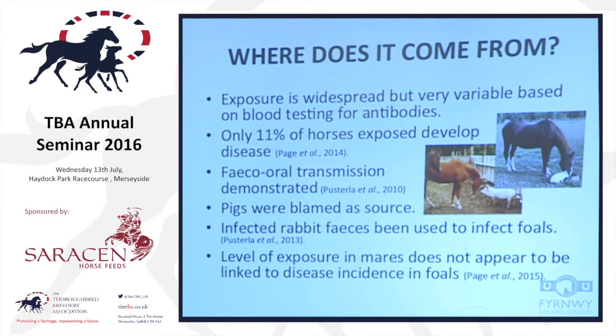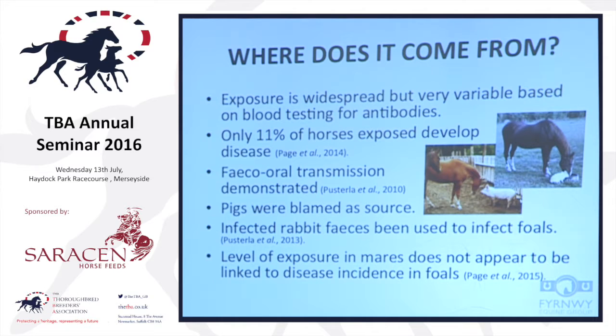So where does it come from? It's a disease we know very little about. There's an equivalent disease in pigs called porcine proliferative enteropathy. And we know a bit about that, so we basically extrapolated things, certainly initially. It's very widespread, so horses all over the place have antibodies. It seems to vary between 15% and 100% of horses on a property will have antibodies to Lawsonia, but only about 10% of horses that have antibodies will develop disease,